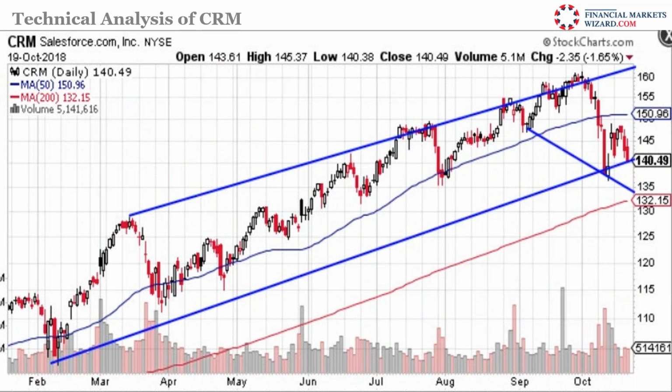This one is CRM. CRM has been going down. All stocks go up and then they come down. This is another upward sloping trend line. It's supposed to be a stronger support line than a downward sloping one. So it's sitting at the support line, like magic. Magically it's sitting at the blue support line. But what if it breaks? It's sitting at 140.50 and the 200-day moving average is 132. So 8 points. What if it breaks this support line? It can drop to 132. So an 8-point profit. It can happen. So if I can catch it,